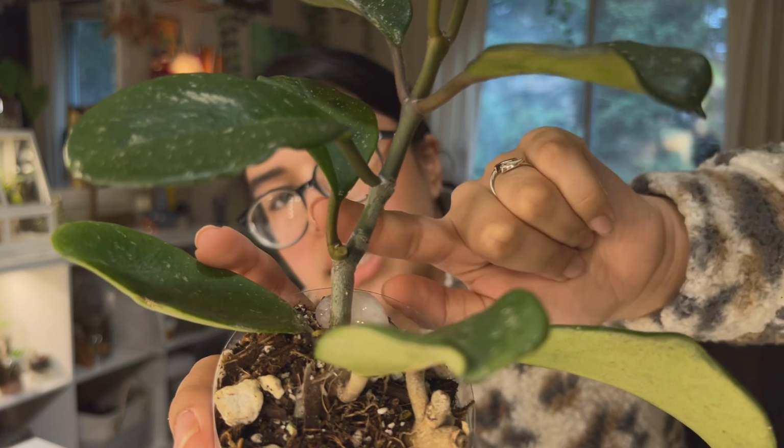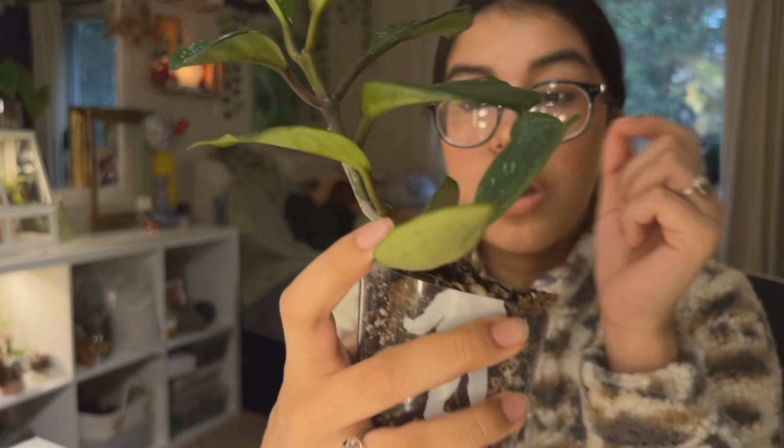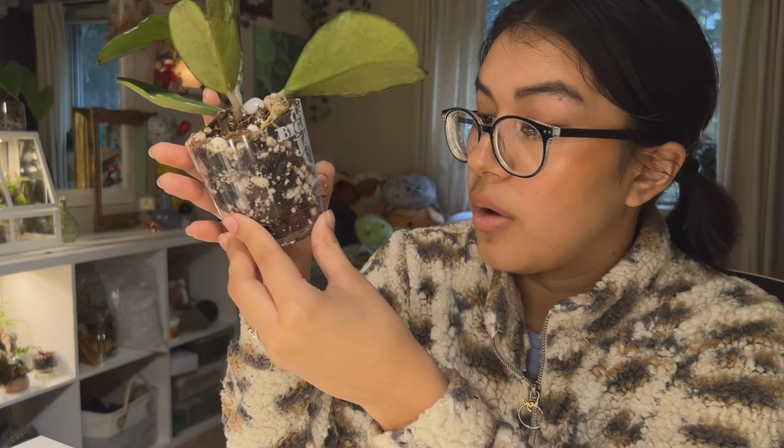I'm literally touching it. This one is also not completely hardened off. This is a new leaf as well. And that one did have two, and then I let it dry out a little too much, and the second leaf got knocked off. So if you're taking anything from this, give your Hoyas a little more water, and they should do okay with that. Don't be scared to experiment and give them a little more water,